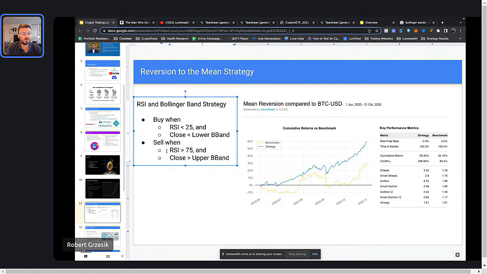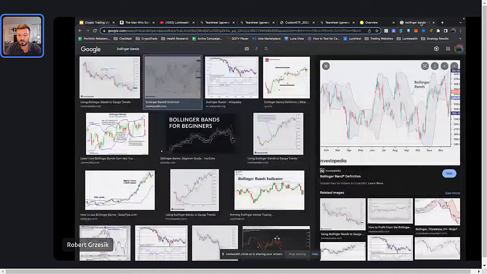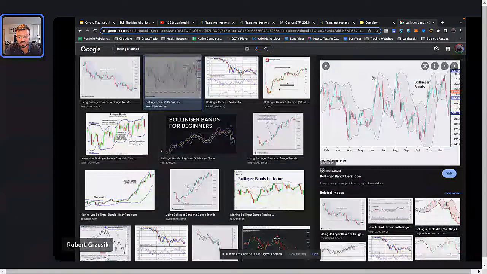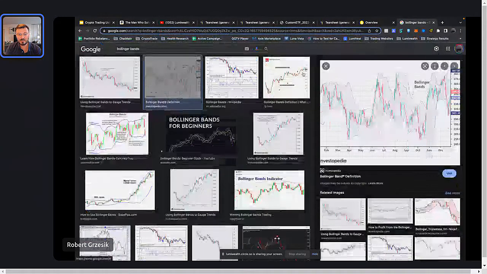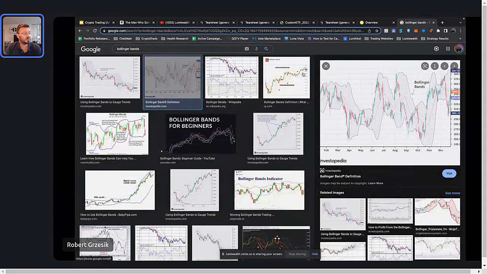So now we're looking for an RSI greater than 75 and the closing price being above the upper Bollinger Band, so being out of the top range like this here. We're buying when things are low, we're selling when things are high, we're reverting to the mean. So it's a very powerful strategy. You may have heard a lot of people talk on the internet about their different strategies. Here's a nice back test of how this one worked.